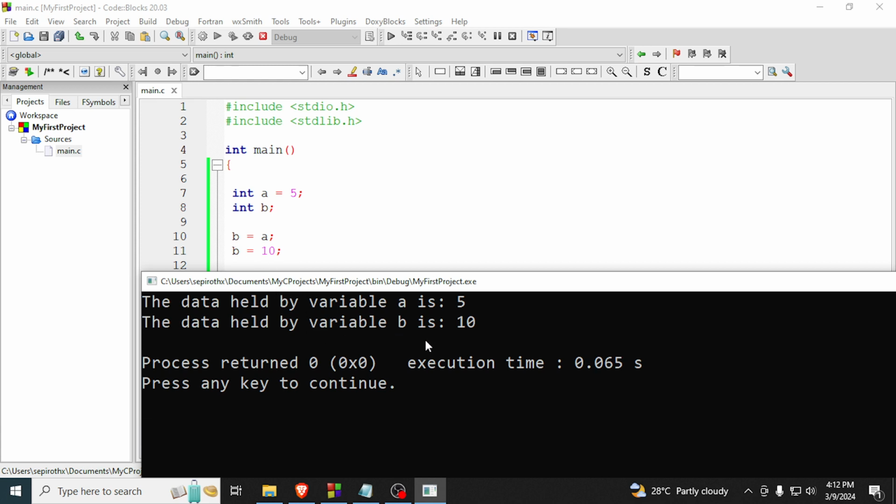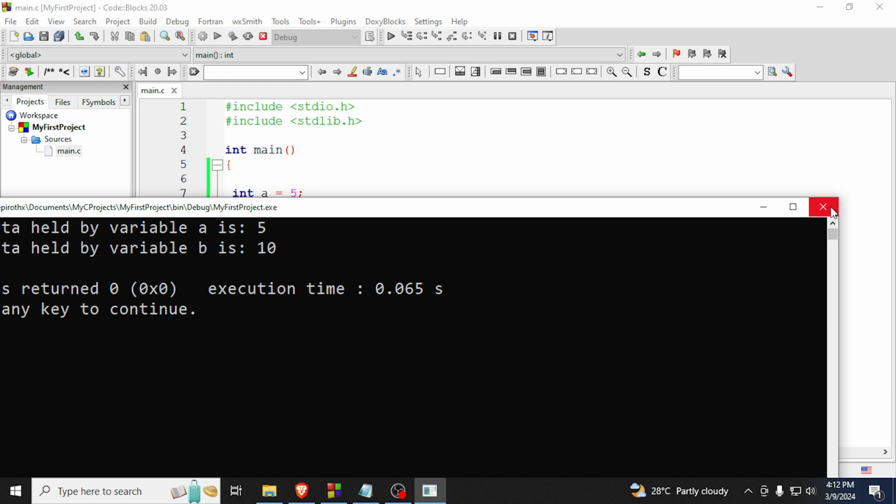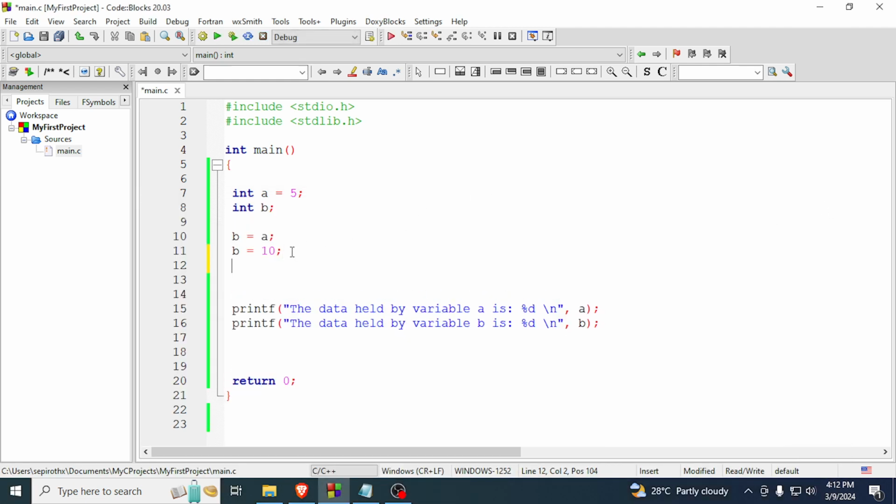So in short, my point in telling you this is that variables declared with initialized values can still be overlapped by assigning another data or another variable to that specific variable, just as you can see here. So for another example, I want to overlap another data. And for you to see it explicitly, let's add another printf function